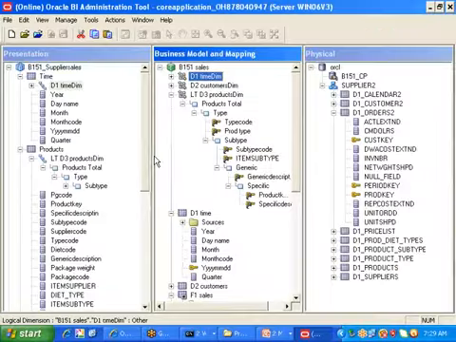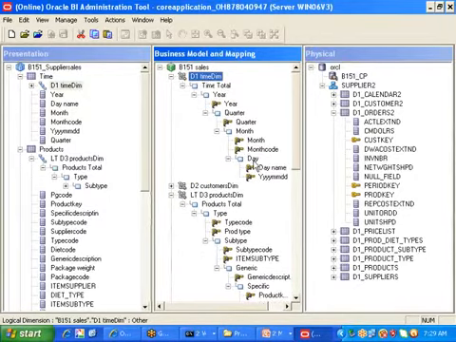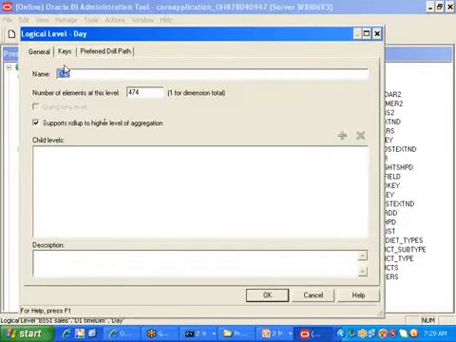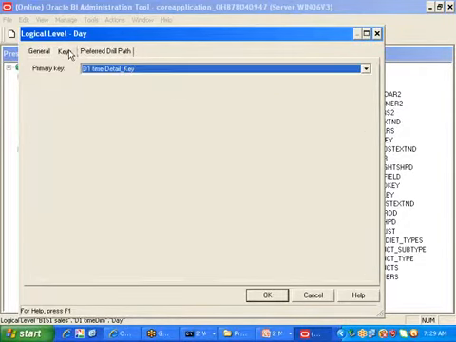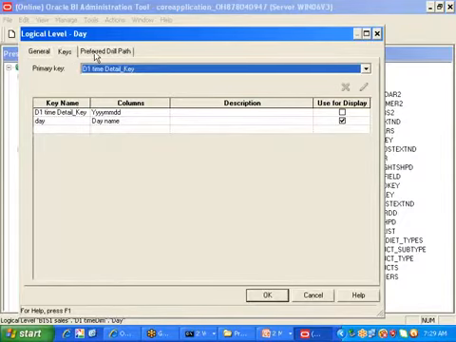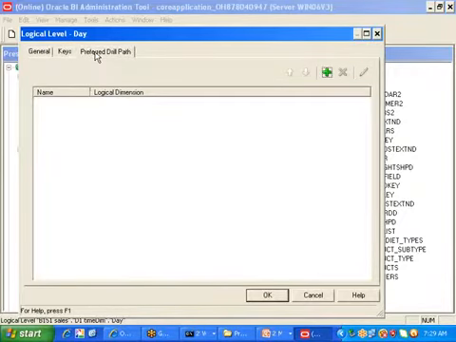The process for the drill up is, see here. Your aim is you want to click on this day level and move to month level, right? So you need to do some configuration on the day level. If you double click on day level, you are already aware of the general tab and the key step, right? But you don't know what the preferred drill path is. My preferred drill path is: whenever I click on the day column, I want to move to the month column.